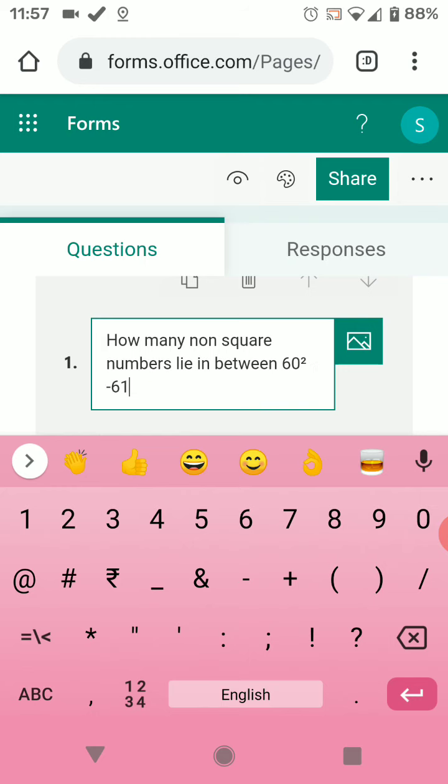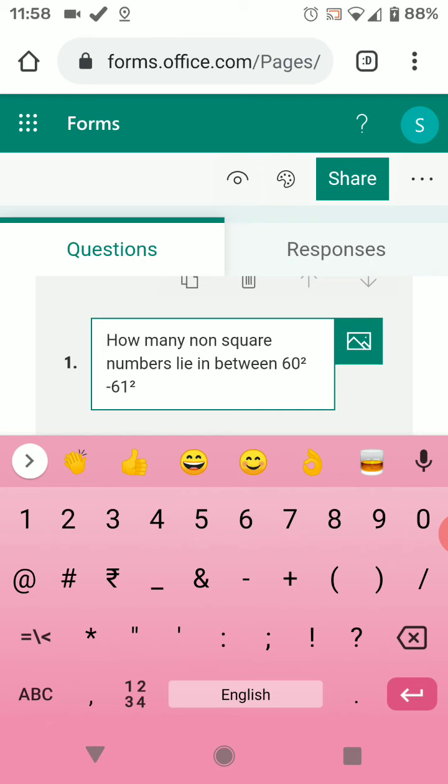Now from mobile you have to type the square, then I'll give a long press on 2, and when you type it on your laptop or your desktop, then you can choose the special keyboard for mathematics, which is very easy to type in.